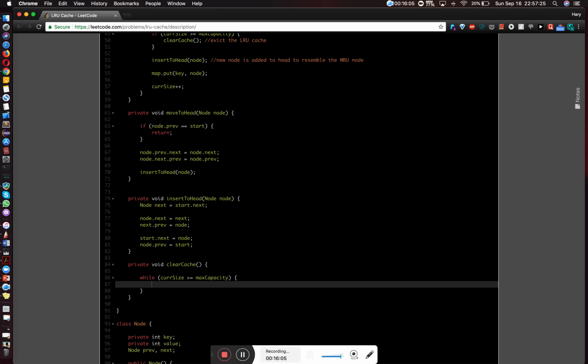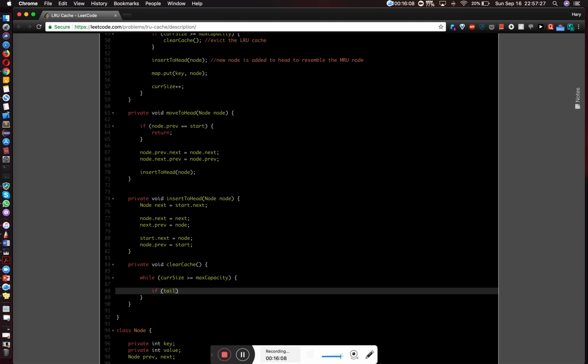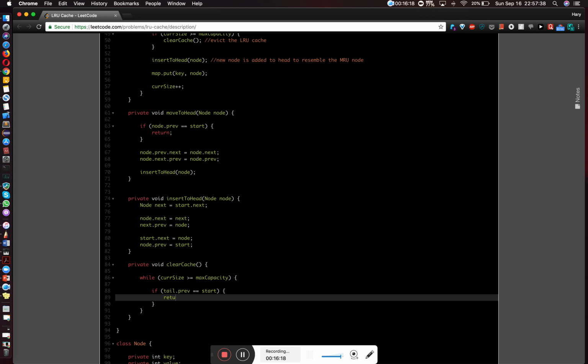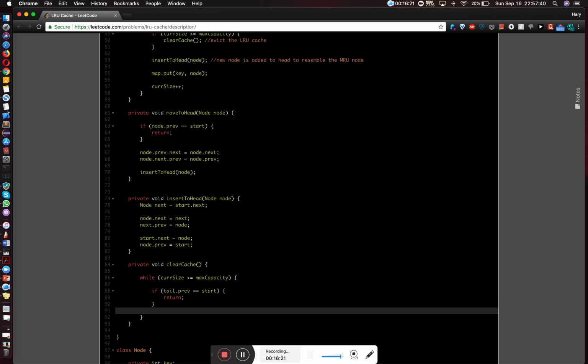Let's do a sanity check where tail.previous is already start. This means that there are no nodes to be evicted. So simply return. Otherwise,